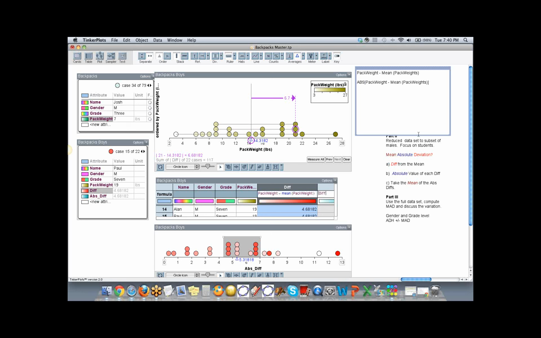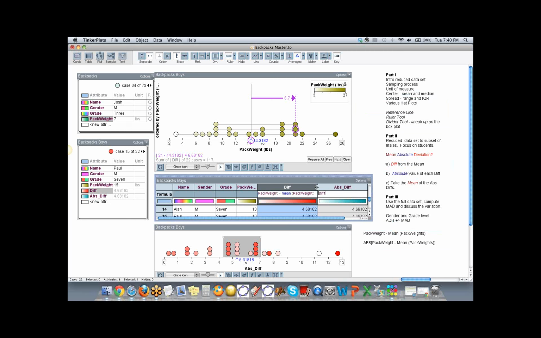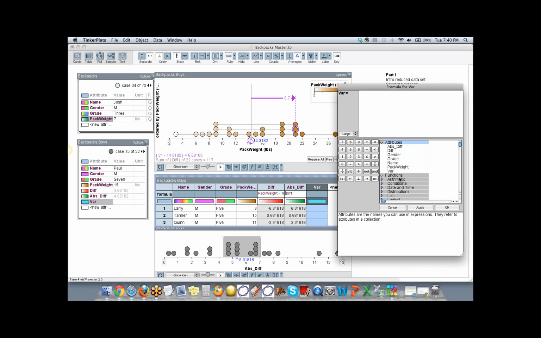Can you show standard deviation and variance? Yes, you can. There's actually a lot of power to TinkerPlots, and I was going to wait to see if those questions came up, because a lot of people would like to know how to find those values. So let's put variance here. The problem is it's going to fill the whole table, so I'm going to get the variance all the way down for all 22 students. But other than that, it's going to work. So var, we need to go down to statistical one attribute.